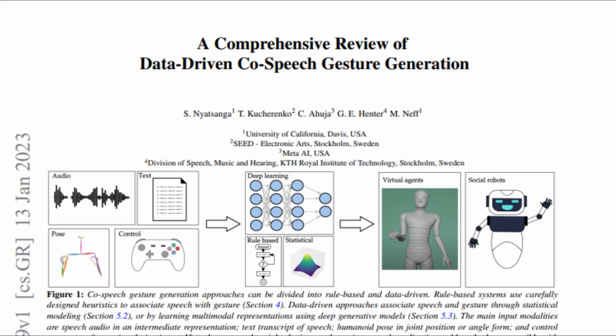GANs aim to do implicit density estimation of the underlying distribution through the interplay of a generator that tries to produce samples that are representative of the data, and a discriminator that strengthens the generator by classifying samples as real, from the distribution, or fake, not from the distribution. Multiple gesture generation approaches added an adversarial objective as a term in a composite loss function, which increased the range of gesture motion although still deterministic for a given audio input.